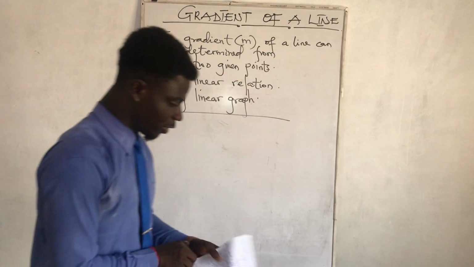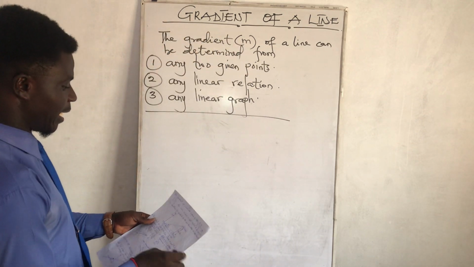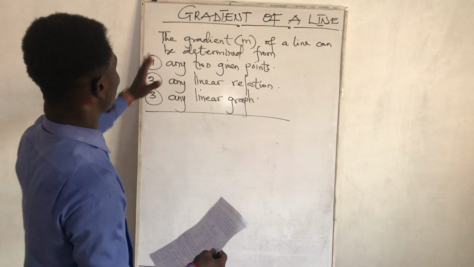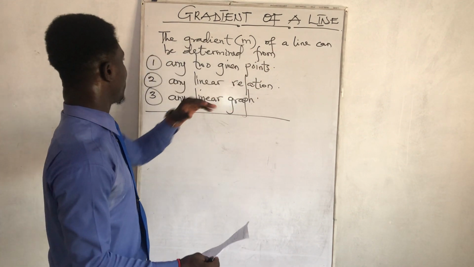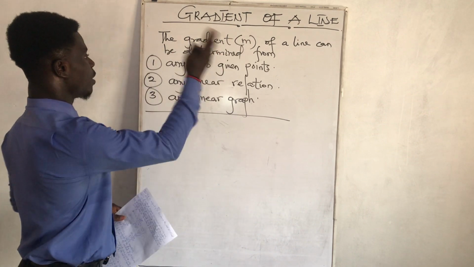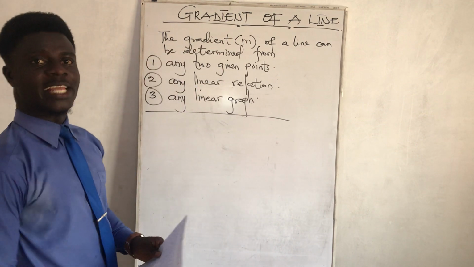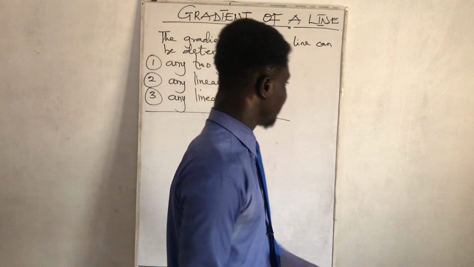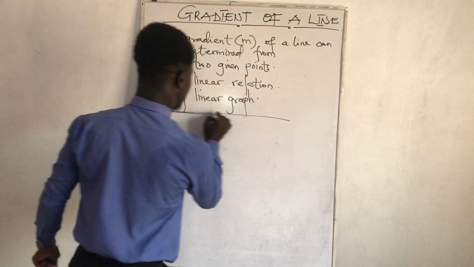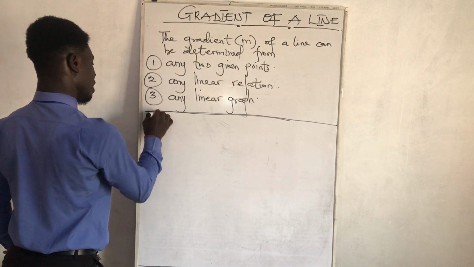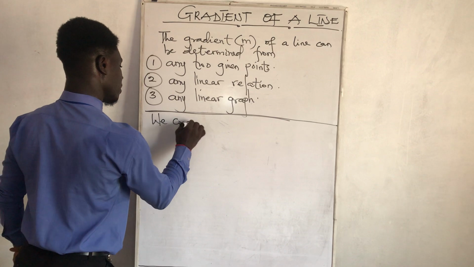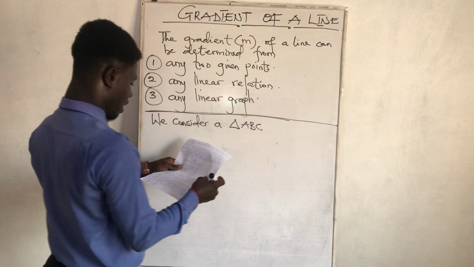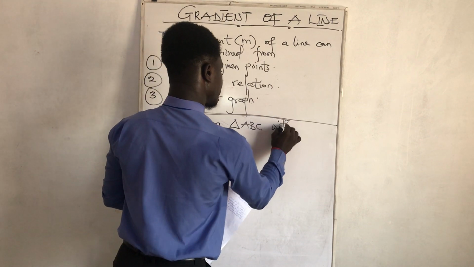Alright, so let's continue. The gradient of the line AB is given by, so now watch here, listen. We have this: the gradient m of a line can be determined from 1, any 2 given points, 2, any linear relation, 3, any linear graph. So now, we consider a triangle ABC with coordinates